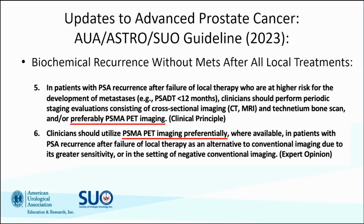If we move on to the guidelines, looking at the advanced prostate cancer guidelines from the AUA in 2023, you can see that as clinical principles, preferentially PSMA PET is recommended in those patients who failed local therapy. And so we start to see that migration in the guidelines that we also see in clinical practice towards recommendation